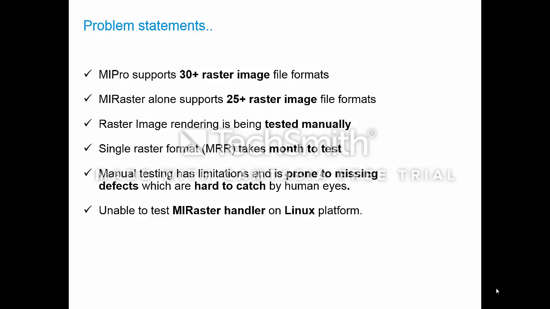So we have a lot of raster handler scenarios to test for each product cycle. We are testing handlers manually, which takes a lot of effort and resources. For example, testing a single MRR format takes around a month. Visual testing of raster handlers is not sufficient and is prone to missing defects, because in a raster handler we are going to validate colors which are not easy to recognize by human eyes if you zoom in and zoom